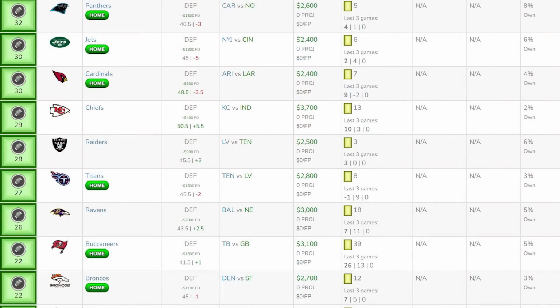All right. Last thing, defense, some optimal defenses to play this week. Let's rip through this. Panthers at the Saints, Cardinals versus the Rams, Jets versus Cincy, Chiefs versus Indy. But again, you never know. Indy could come back alive, right? Rams could light up the Cardinals. Could be a shootout. But on paper, Panthers, Cardinals, Jets, Chiefs,